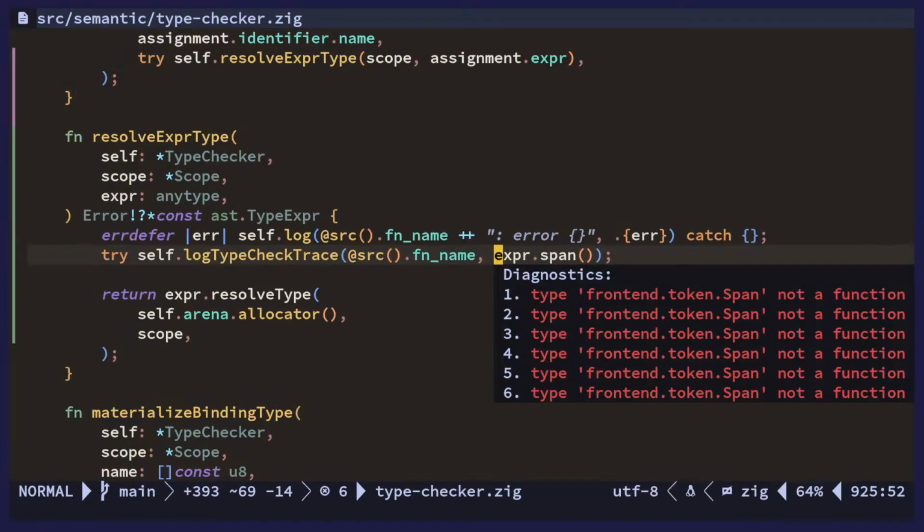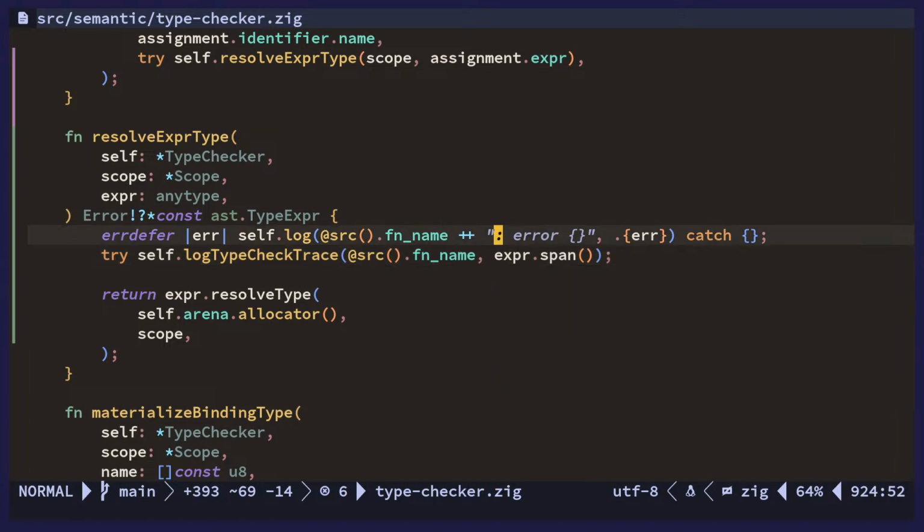There we go. Resolve expression type. Expression span is not a function. Ah, yeah, that's right. We need to get the span. Yeah, so basically,